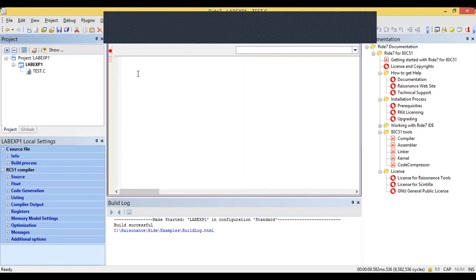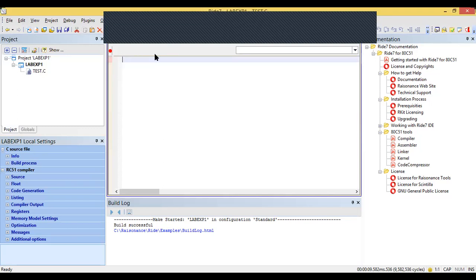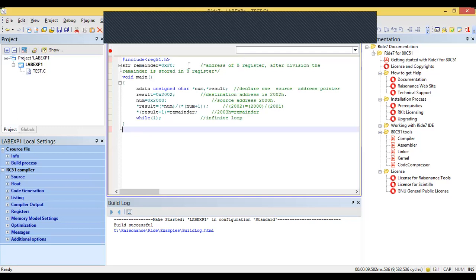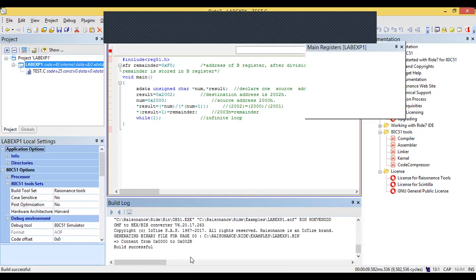There is no program yet, but you need to write it here. So this is a C program, and I can show you how you can write it. In an embedded C program, we will include reg51.h as the header, and other commands. This program is already explained in another video, so I will just give you an idea of how to debug this particular program. Simply start. Sorry, before that you need to build. Okay, build successful.